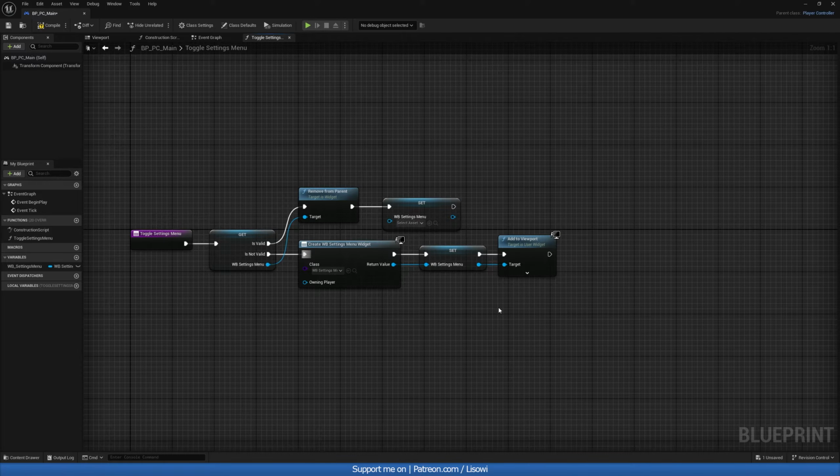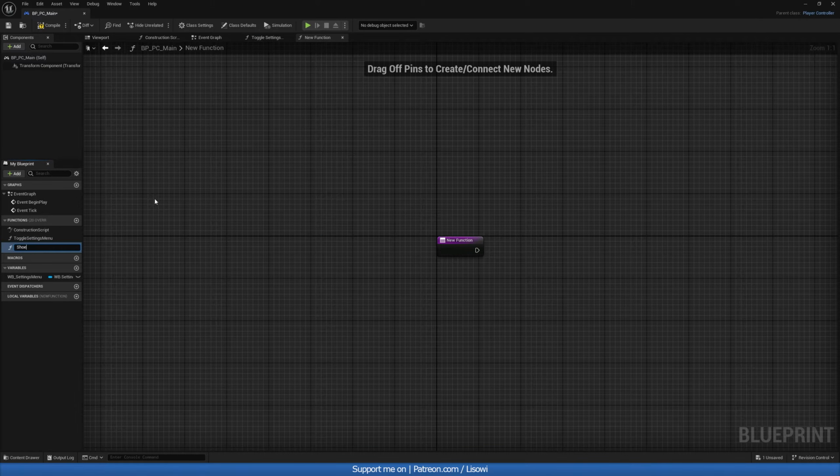Now, the next thing we want is for our mouse to show up on the screen. So let's go to functions, create a show mouse function. We'll create another one called hide mouse function. Let's open up the show